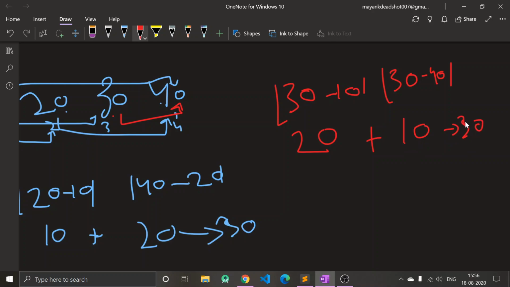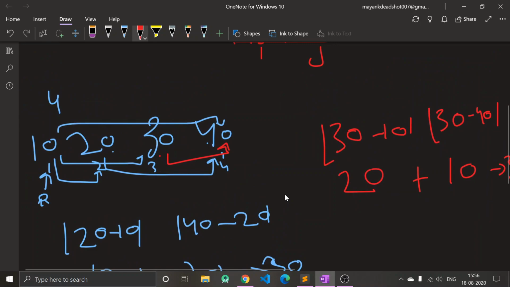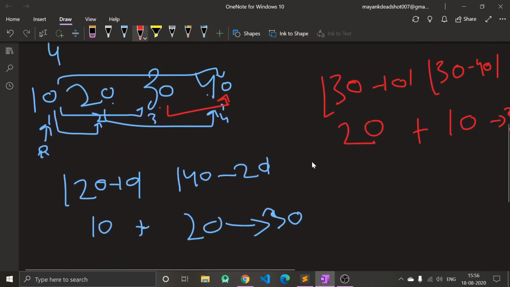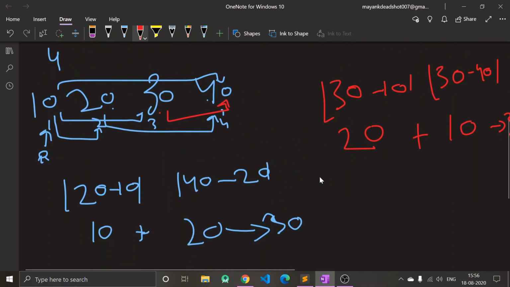But it is the only case where the answer is equal. That doesn't mean we can use greedy. We cannot use greedy in dynamic programming, because dynamic programming uses all the sub problems' computations. So we have to think about all the solutions. In greedy we just choose the optimal, but here we do brute force and store the values of the sub problems.